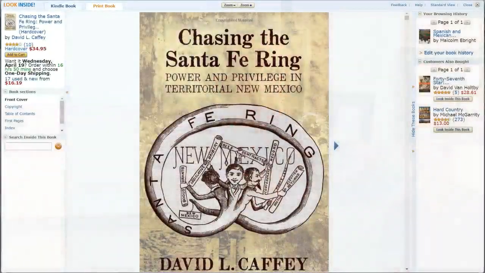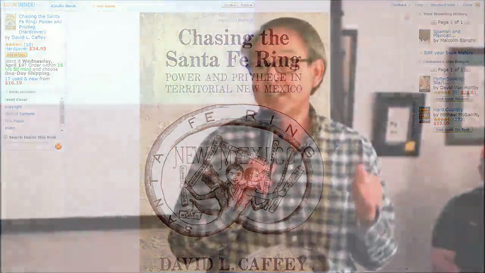But to make a point, and most of you know that I go to Albuquerque and Santa Fe a lot, I was at the archives one day, and when you walk into the archives, in the genealogy section, they have a table of new books that have just been released. About 2 years ago, I saw a book whose title was just fascinating, and it's in your bibliography. It's called Chasing the Santa Fe Ring, and it's a new book that was just published in 2014. So it's not revisionist, but it's got new information out, so you can look at that too.